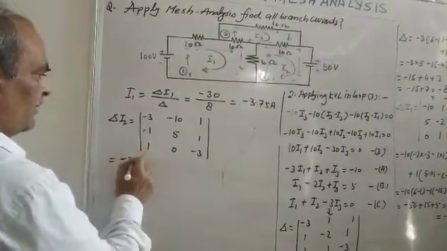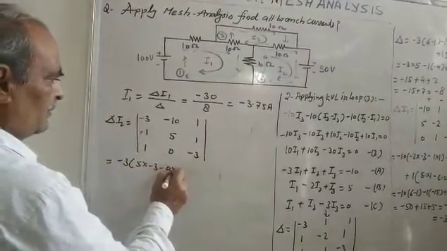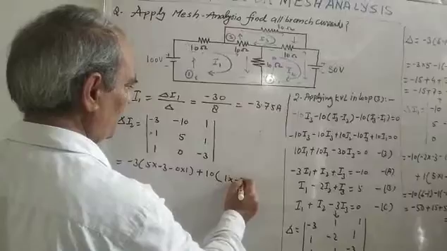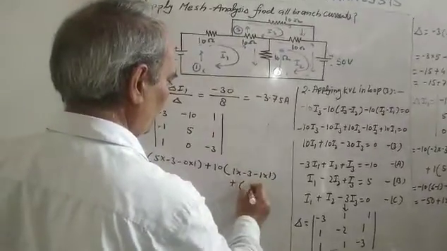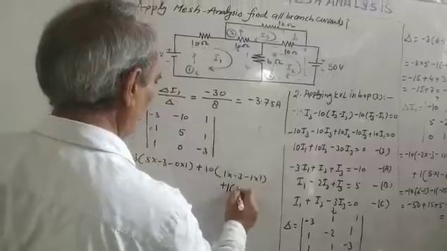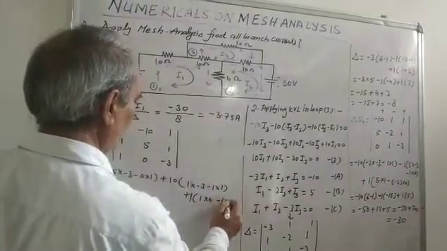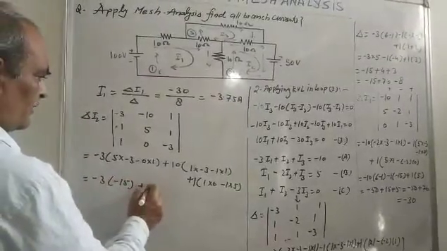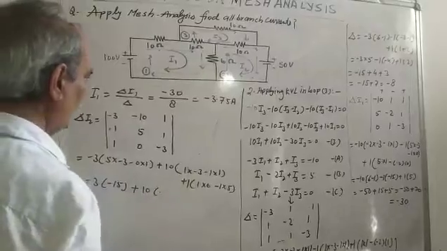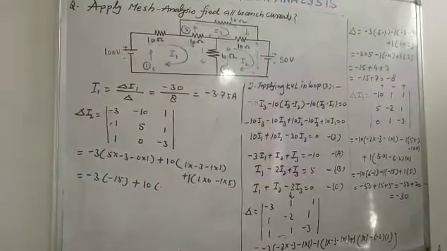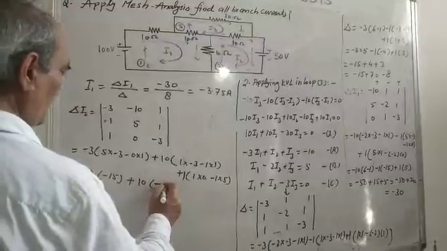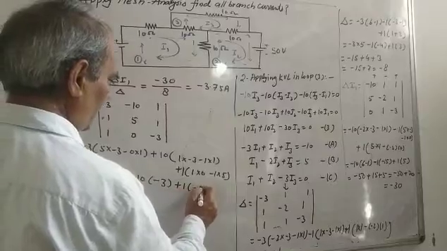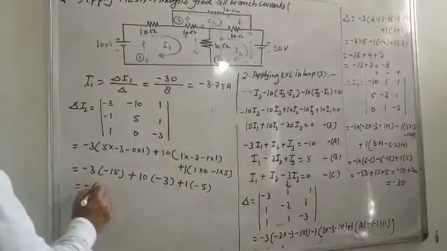This is equal to -3 times (5 into -3, 0 into 1) minus plus 1 into -3 -1 into 1 plus 1 into 1 into 0 minus 1 into 5. This is equal to -3 -15 plus 10, -3 plus 1 into -5. This is equal to -45